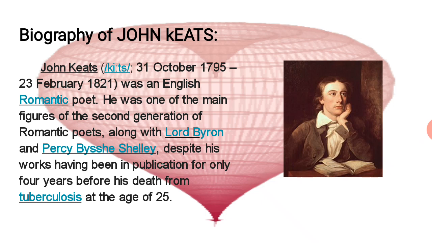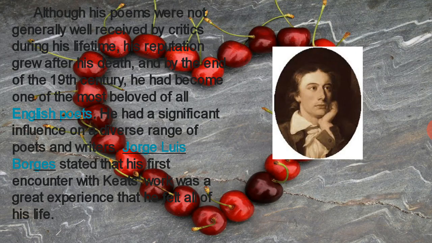Along with Lord Byron and P.B. Shelley, despite having a work published for only 4 years before his death from tuberculosis. So he died because of tuberculosis at the age of 25. Now, although his poems were not generally well received by critics during his lifetime, his reputation grew after his death and by the end of the 19th century,